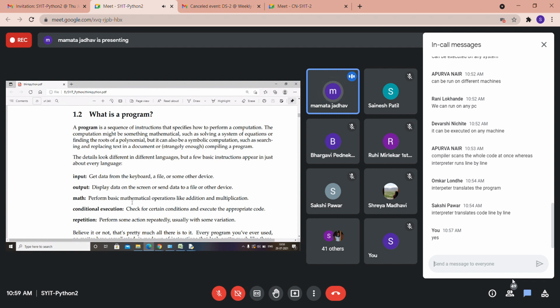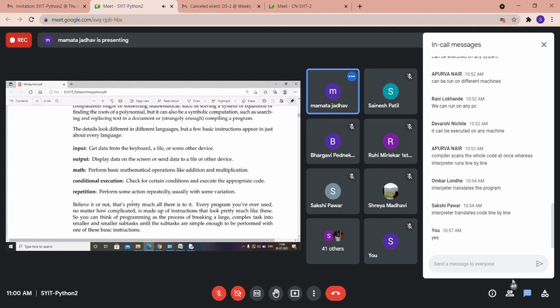Conditional execution, which will check for certain conditions and execute the appropriate code. Repetition, where you can perform the same action repeatedly, usually with some variation.